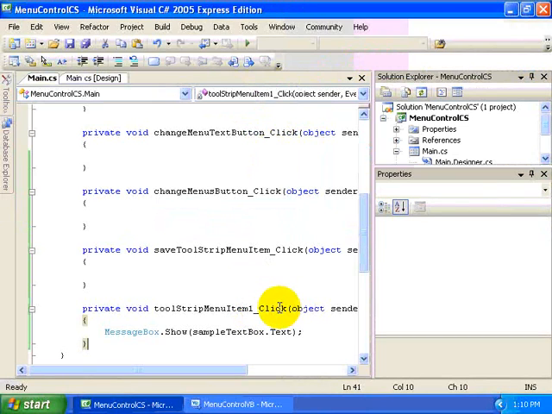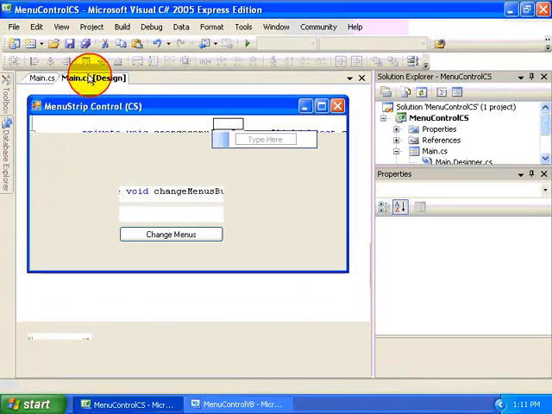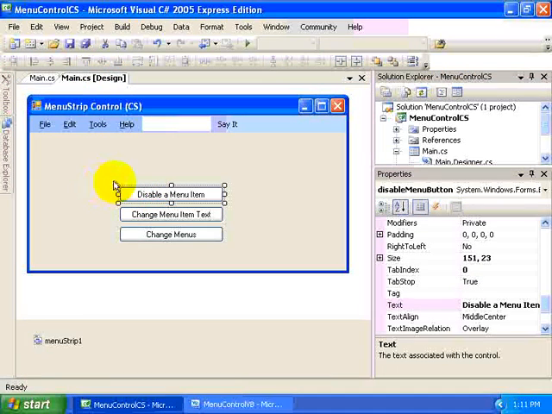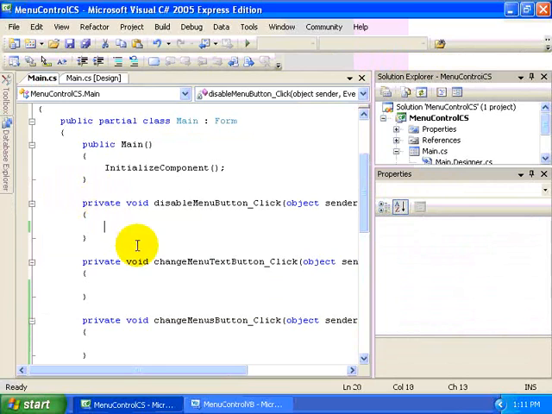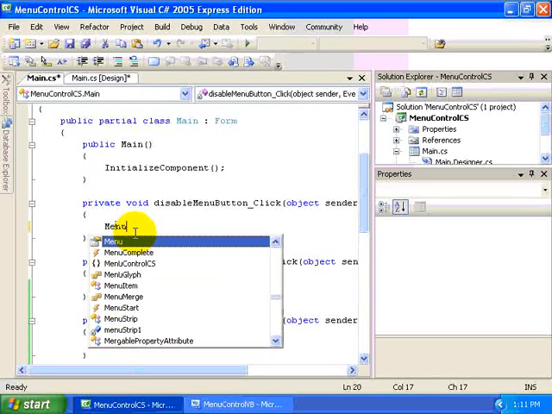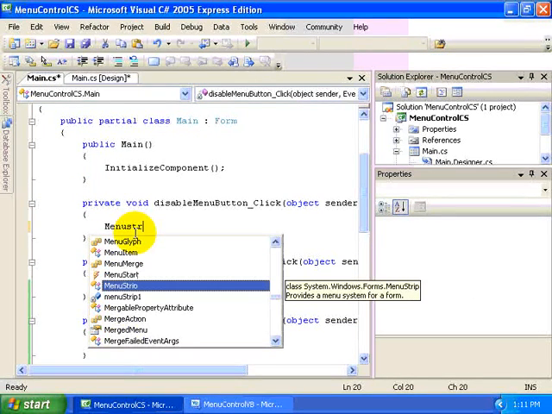It's the same way that we would access them as if they were just individual controls, just like they were on the rest of the form. We also get full programmatic controls. You can see that we're going to write a bit of code beneath these three buttons. Let's look at how to disable a menu. We'll go menu strip 1